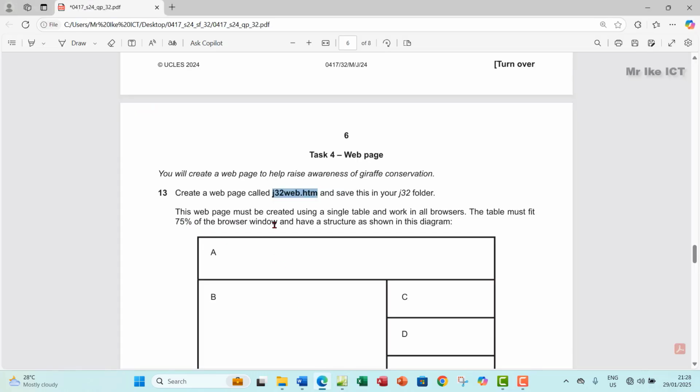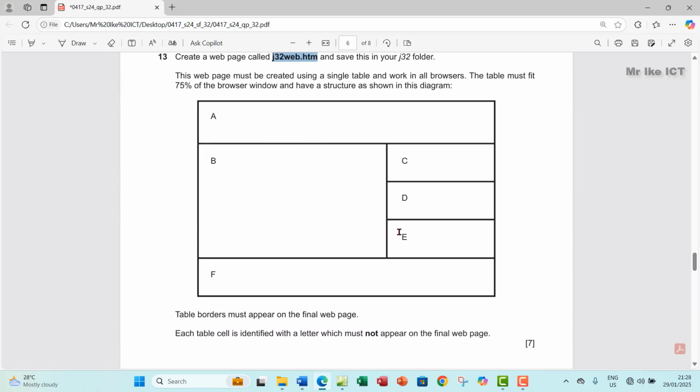So this web page must be created using a single table and work in all browsers. The table must fit 75% of the browser window and have a structure as shown in the diagram. Okay, just like we have here. Table borders must appear on the final page, right? So first of all, let's create